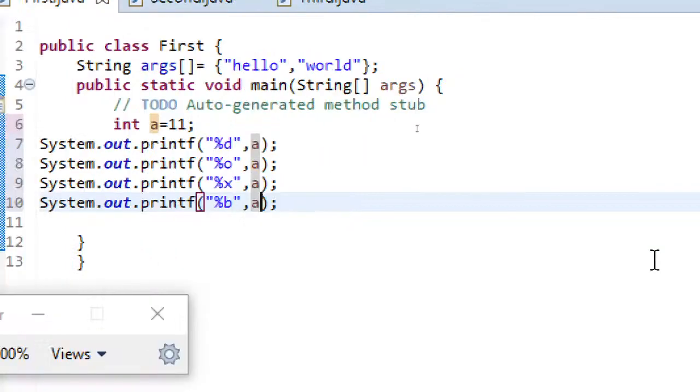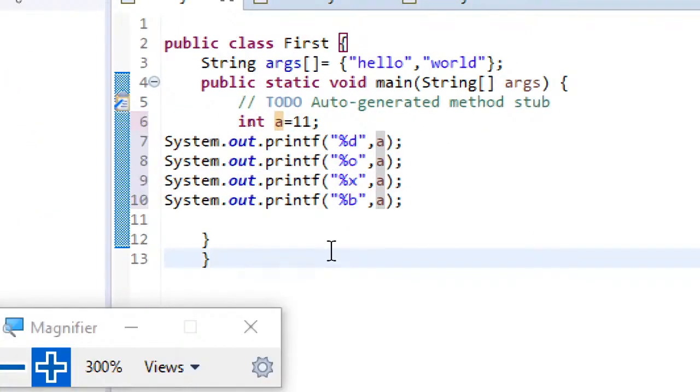Here you can see I have defined integer a equal to 11, and instead of println I have used System.out.printf. In the first one I am using percent d. I think many of you might have guessed it right. Next I have used percent o, next percent x, next percent b.